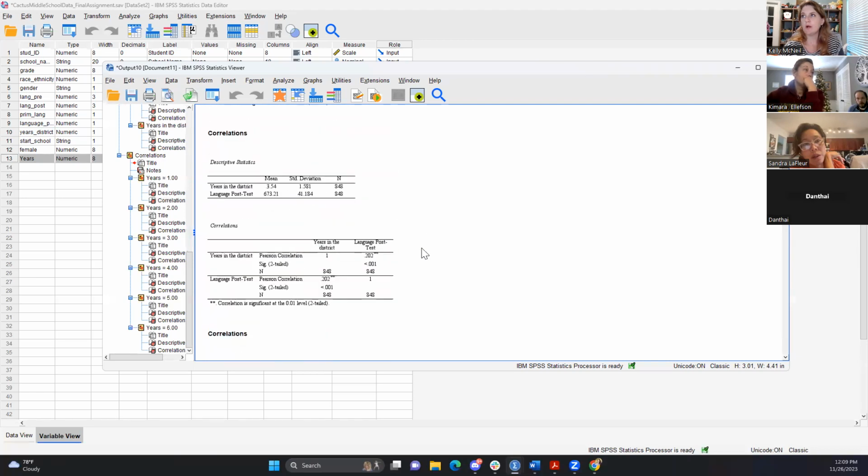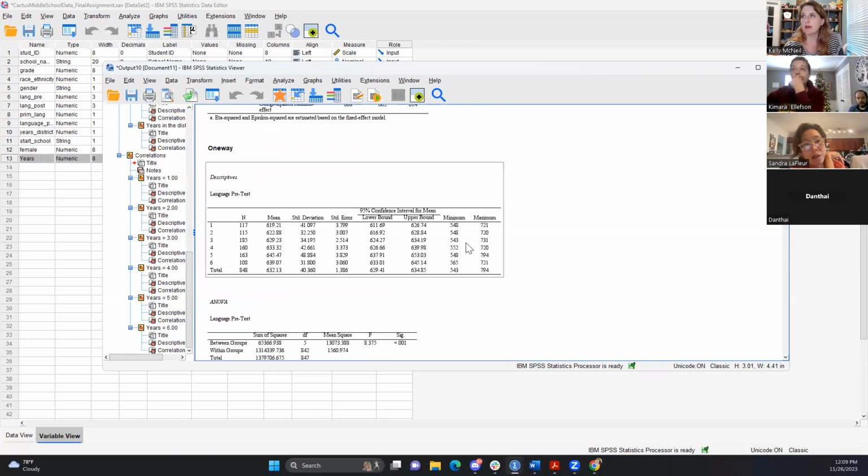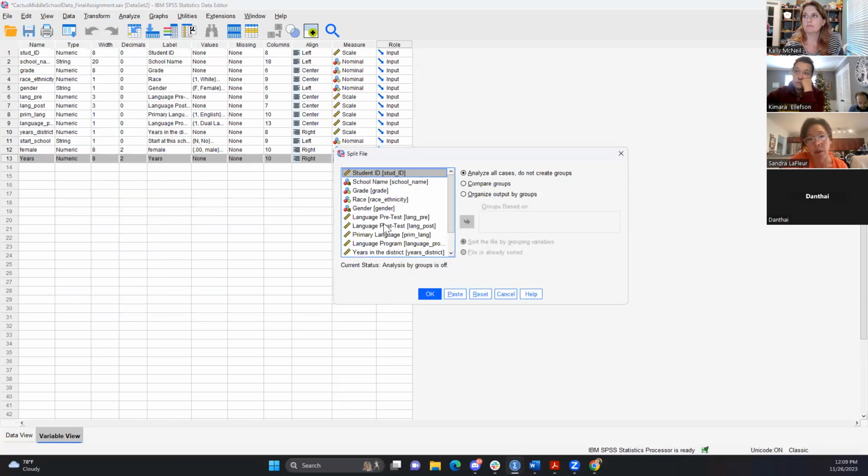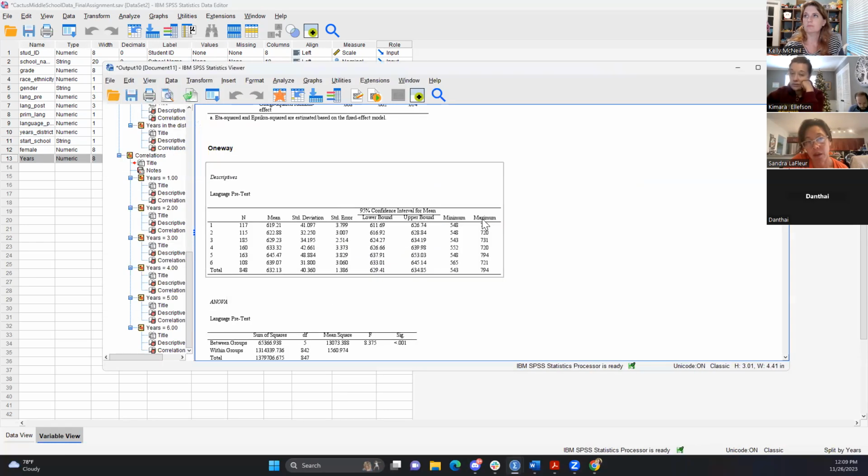I mean, we got what we wanted out of that. Right. We wanted to see the means for each year. I think what it would do for you if we split it like we just did by years and you ran a frequency now, or whatever, it's just descriptive statistics, it would give you the pre and the post means. Yeah, it would be interesting to run the descriptive statistics now that we've split the file.